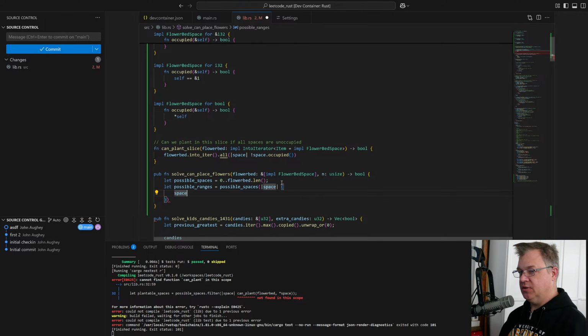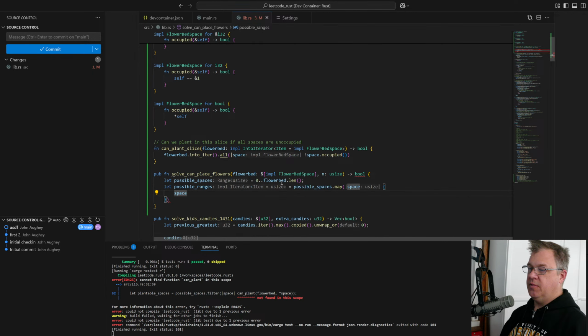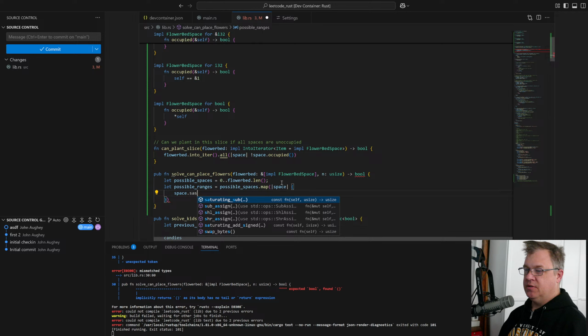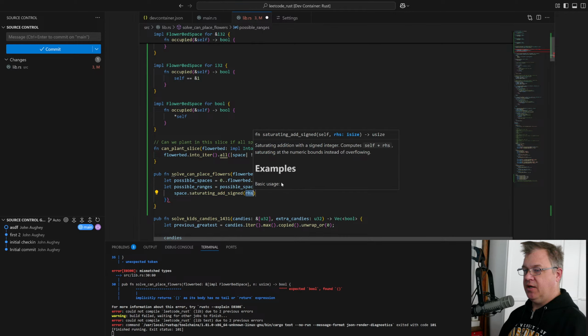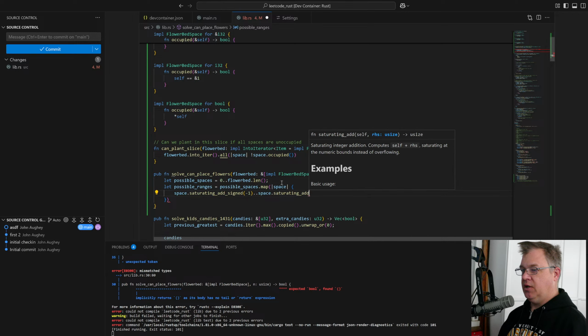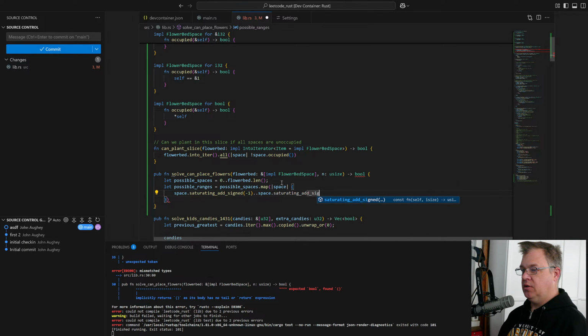space is a map, space saturating add signed -1 to space saturating add signed of 1.